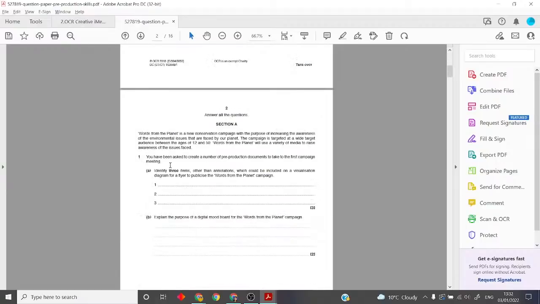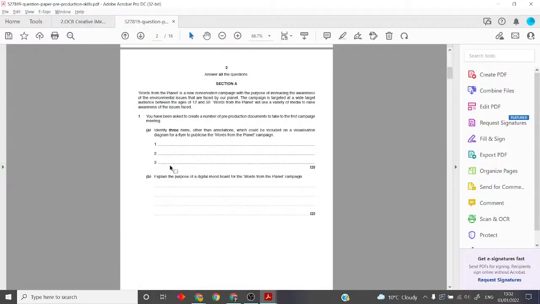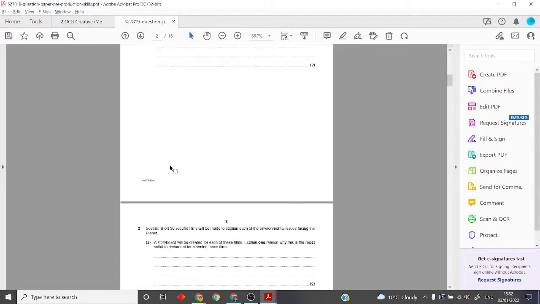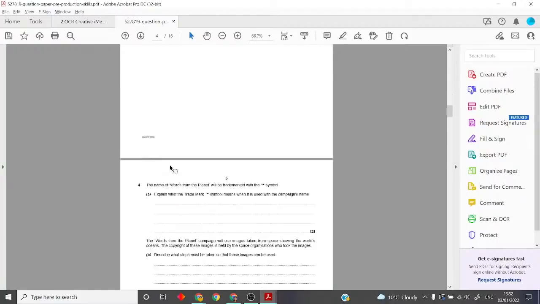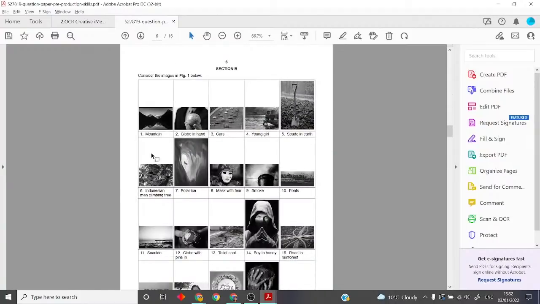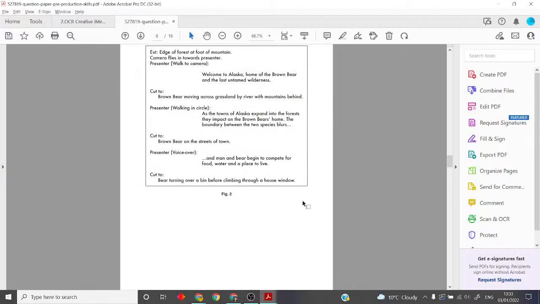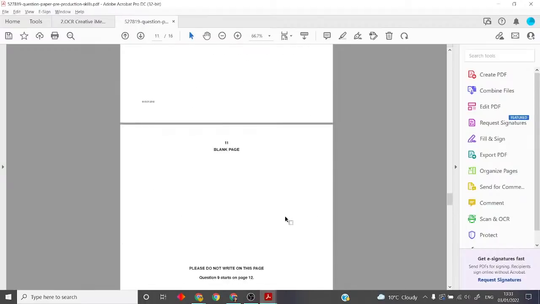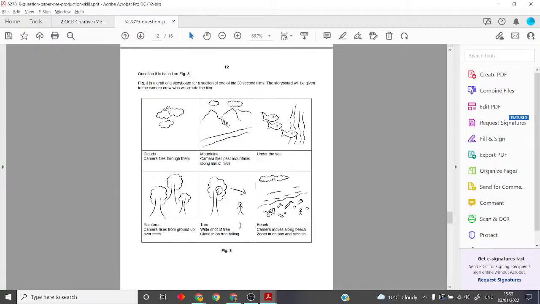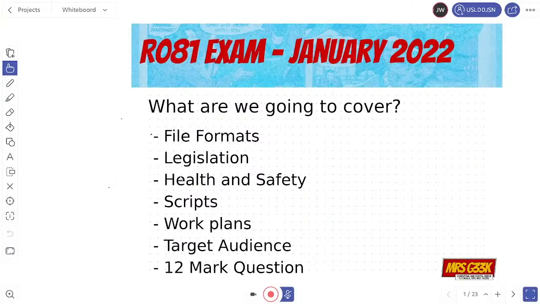And as you'll see, there's lots of different questions. You've got some that are based on identifying items and purposes, and you'll have some that involve a little bit more work from you. So like this one's a mood board, for example. You've got one here where you've got to analyse the script. And lastly, you'll always have the very last question will be this 12-mark question. And we're going to come on to this in a minute. So without further ado, let's get going back onto my analysing.